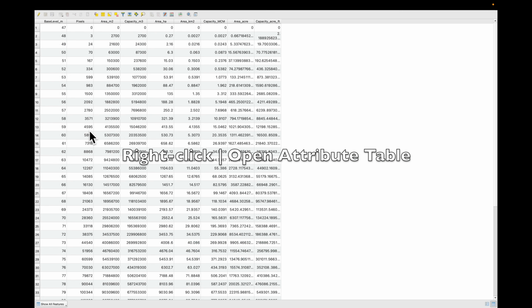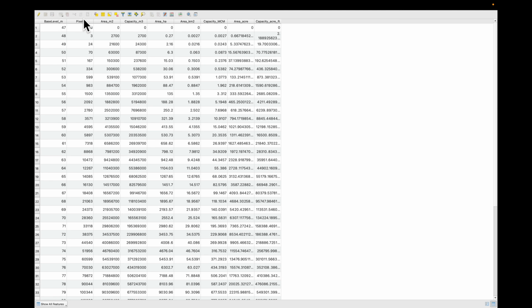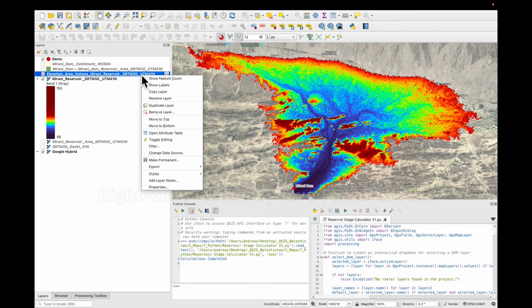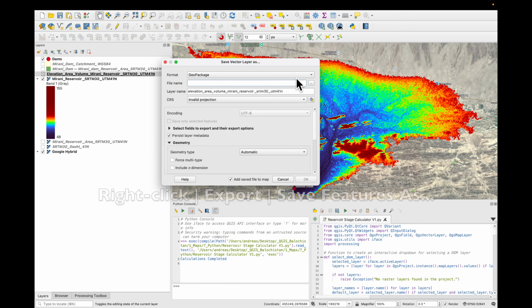Let's open the attribute table, and you can see that from 47 all the way up to 95 meters, we have the pixels, the area, the capacity, the area in hectares, square kilometers, the capacity in million cubic meters, acres, and also acre feet. So the next thing which we need to do is to export the table in Excel